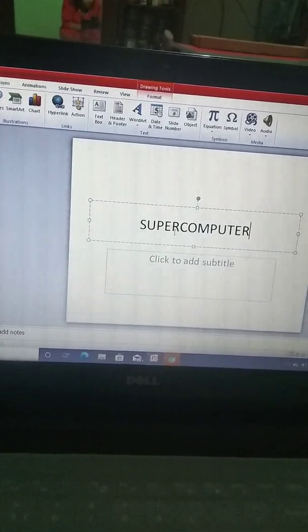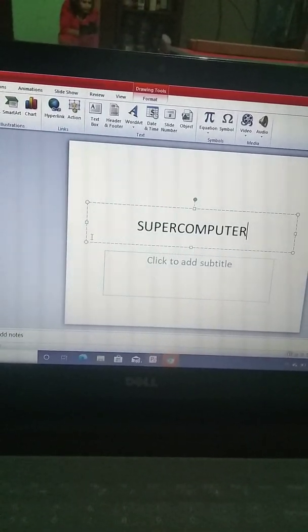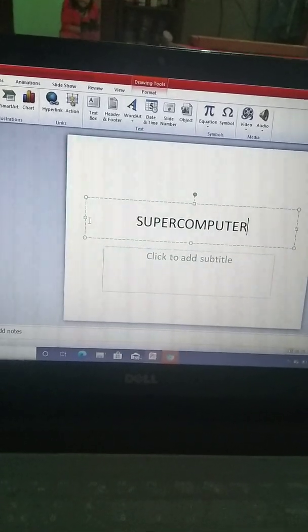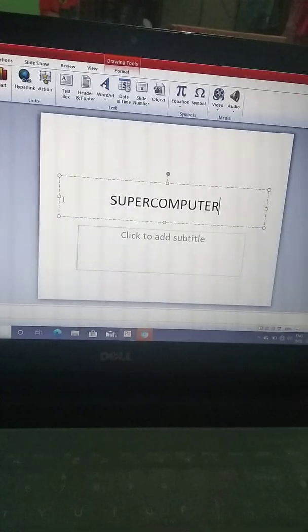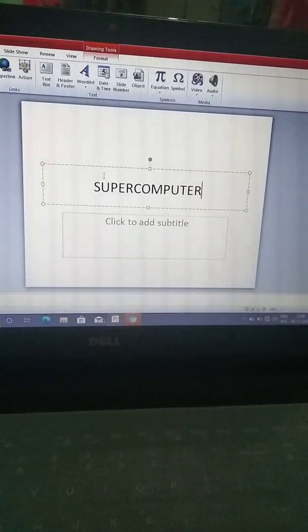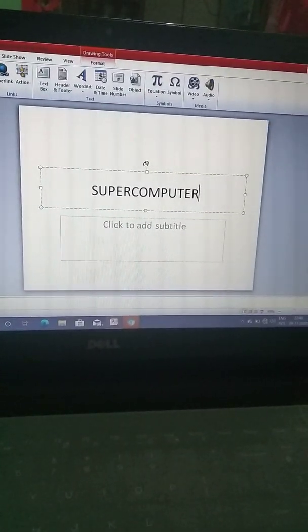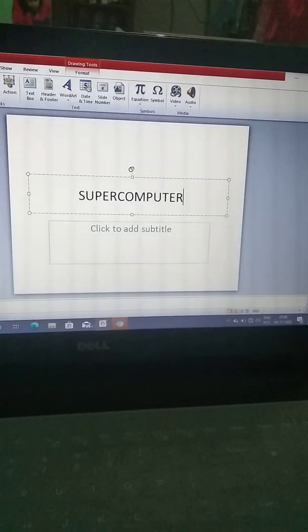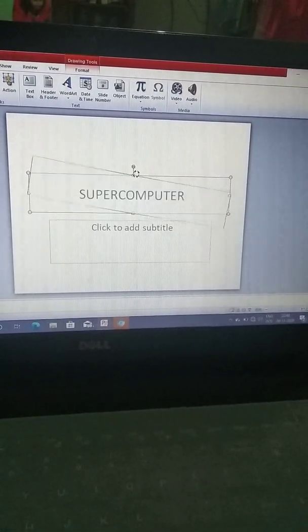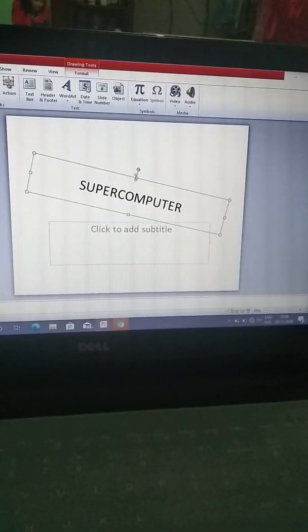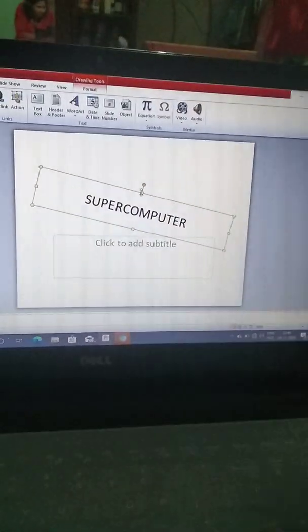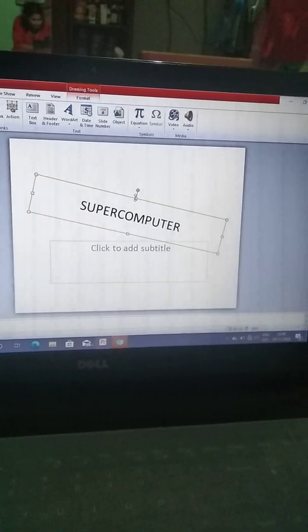You can move it also. You can increase or decrease this text box also, or you can rotate it also. This is the rotate button. Okay, if you want to write like this, you can rotate it like this by dragging it.